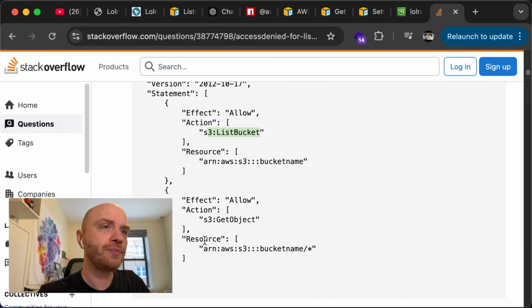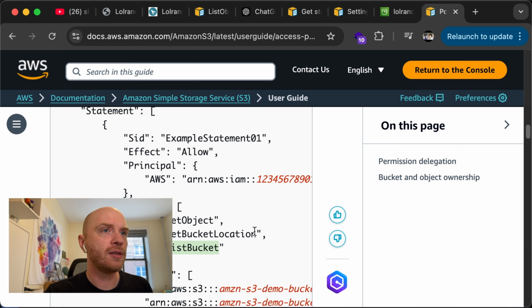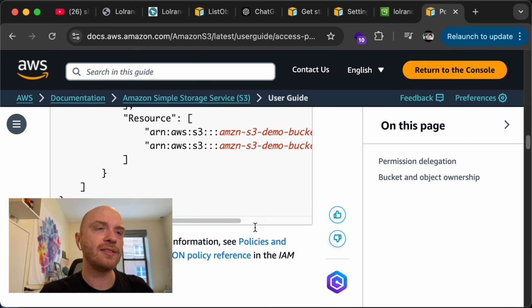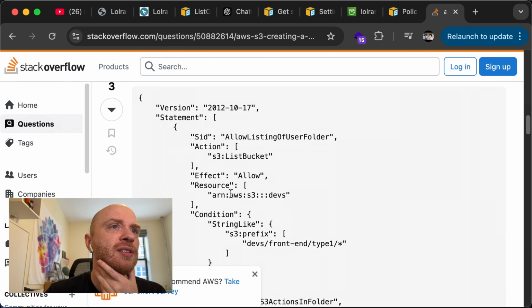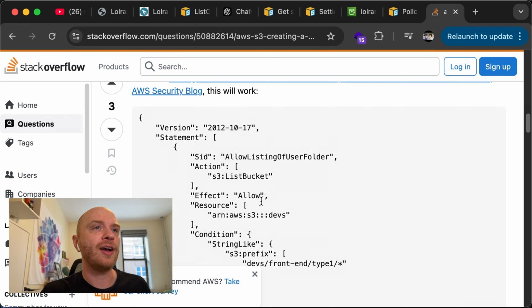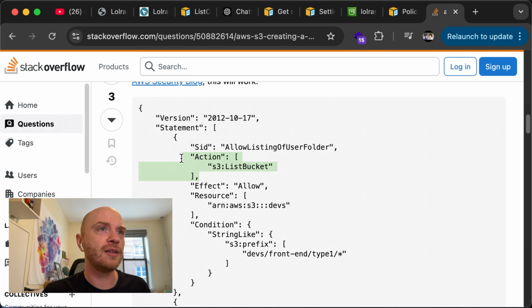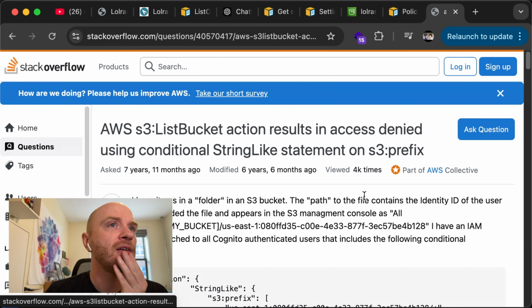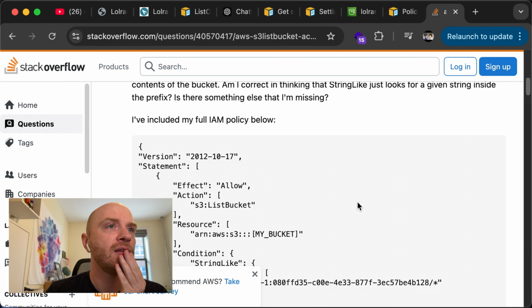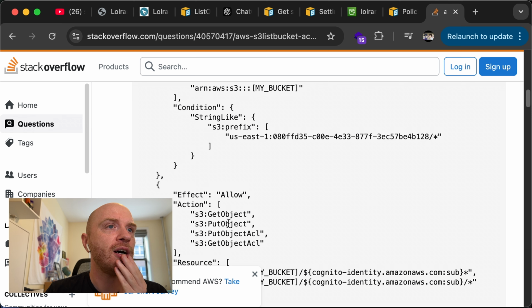I'm looking for the name. Okay, this is what we're looking for. So list bucket, I don't think that's it. Is that what it does? Okay, let's find out what this actually does, because maybe that is what we're looking for. Get object, put object.